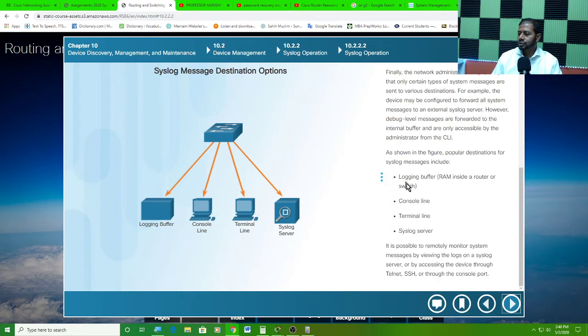Okay, so it shows right here that in the logging buffer, you can save there. In the console line, it can display in your console connection, it can display in your VTY connection terminal, or it can be sent to a server machine. Okay, next,